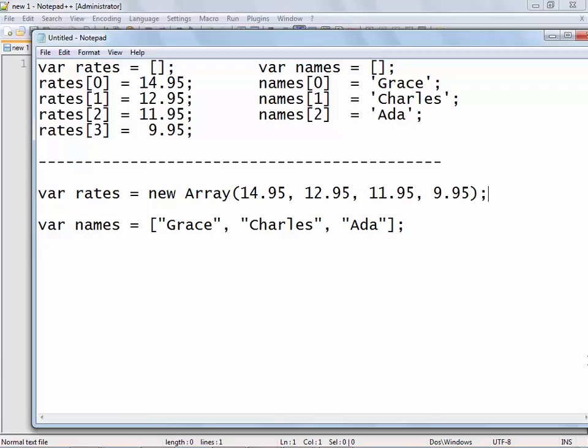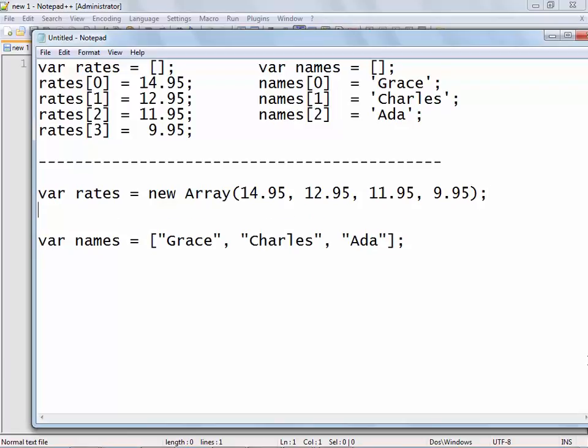If I want to add a new item to the array, I should be able to just come in and do this. rates[] equals, let's say we've got a new hire rate, and it's $19.95. And if we do that, our array will now be $14.95, $12.95, $11.95, $9.95, and